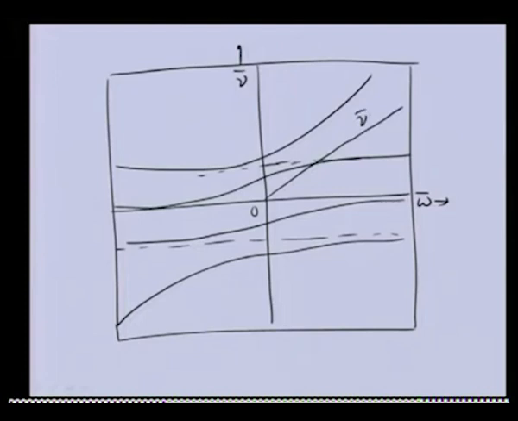This is nu. So, we are interested in the spin speed, critical speed. So, the intersections of this are critical speeds, and the upper curves belong to the forward whirl. So, this is one of the forward whirl critical speeds. There is no intersection with the second curve. So, there will not be a second forward critical speed, but if we draw another line which is nu bar is equal to minus omega bar,